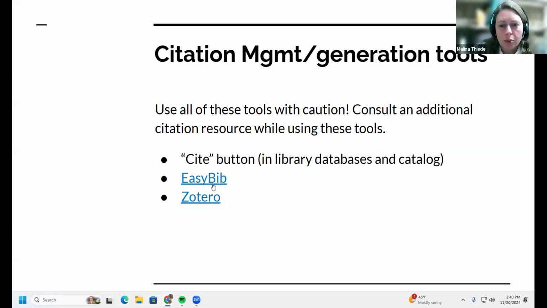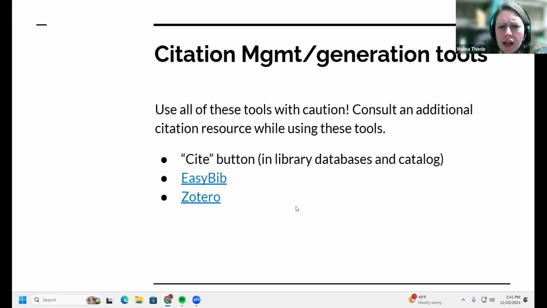You have to install it on your computer. Well, you don't have to. They have a web version, but you can install it on your computer. And once you get it set up, you can do drag and drop citations, which is great. You just have to make sure you have the right metadata in Zotero, which is a little bit of work again, but it's a really great service if you want to use it as a comprehensive research management tool.